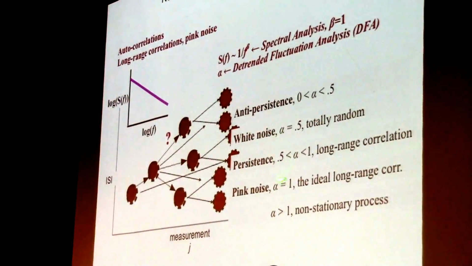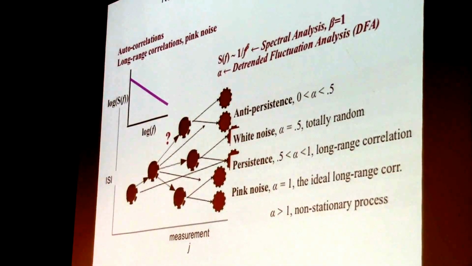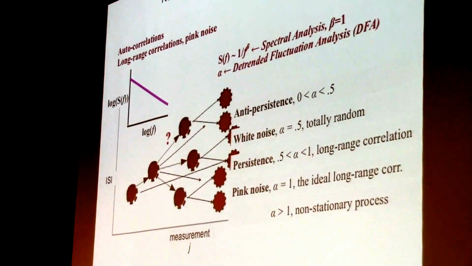These alphas are how we characterize the correlations, whether we tend to go up and down, or there's no relation whatsoever, or you have a persistent relation. When alpha is greater than 1, it's a different sort of thing. I hope you're familiar with long-range correlations, because that's what we're going to measure using our standard tool.